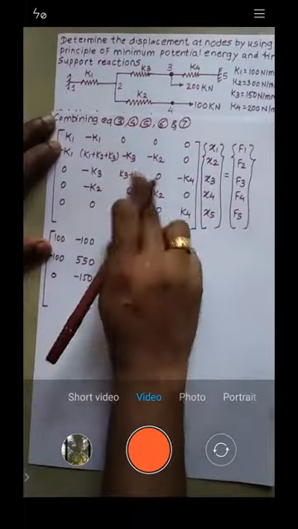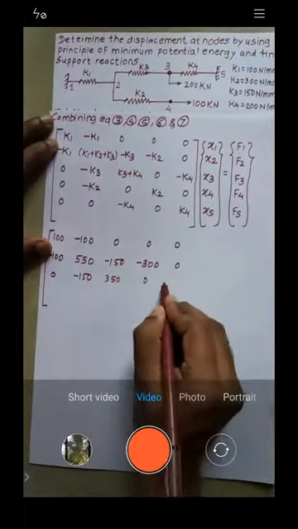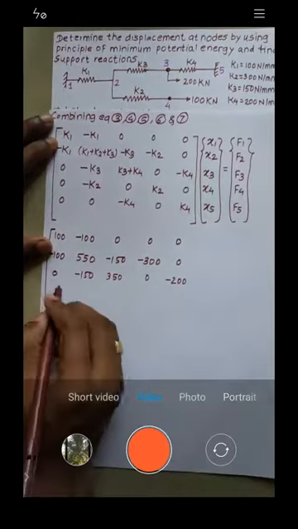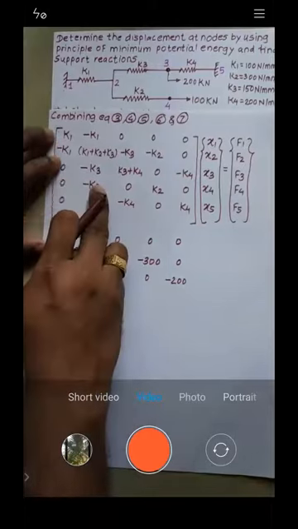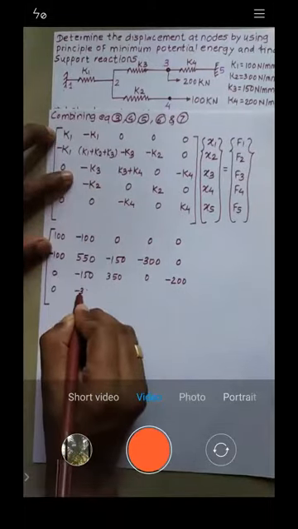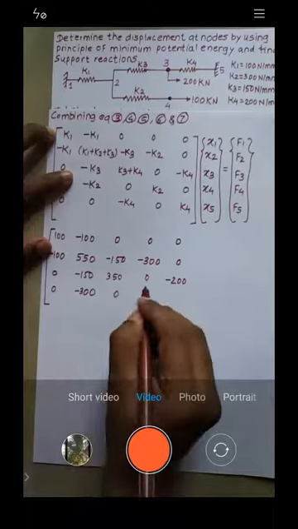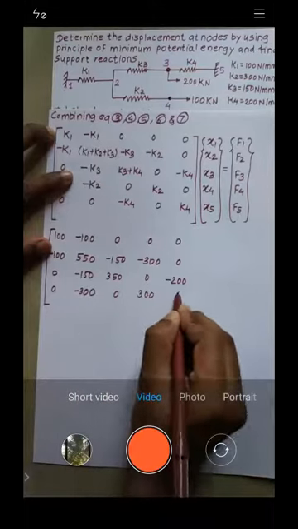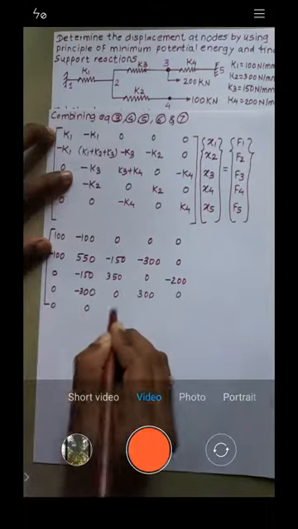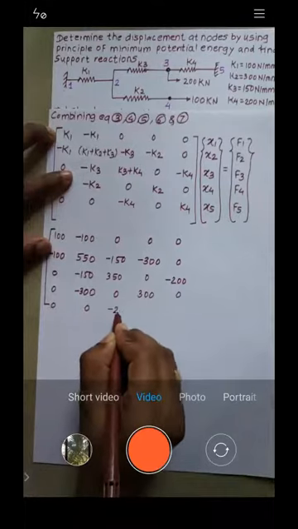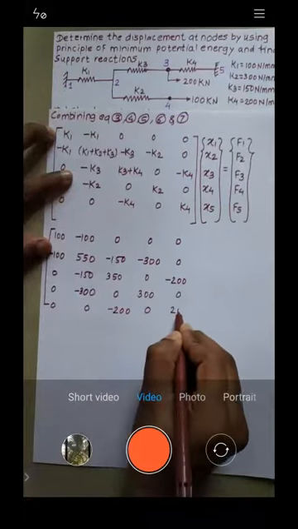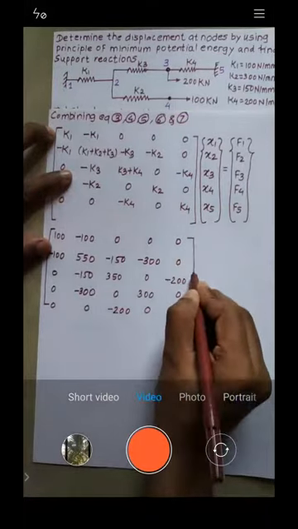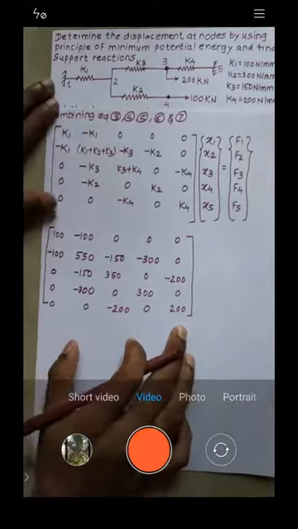Okay, then this is 0, this is 0, this is 0. Then minus K4, that is minus 200. Then 0. Then 0 again, then minus K2, that is minus 300. Then 0. Then K2, that is 300. Then 0, 0, minus K4, that is minus 200. Then 0 and K4, that is 200. So this is basically the